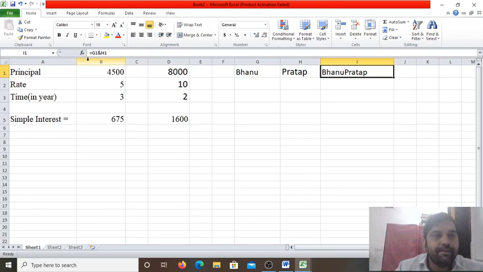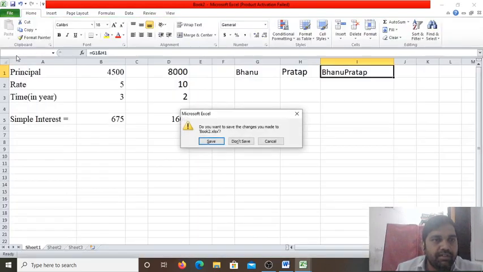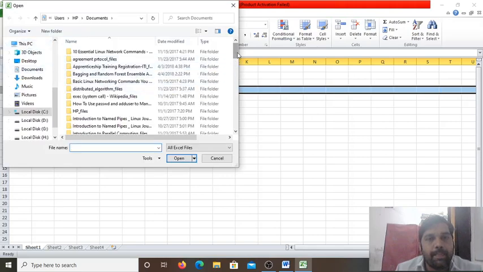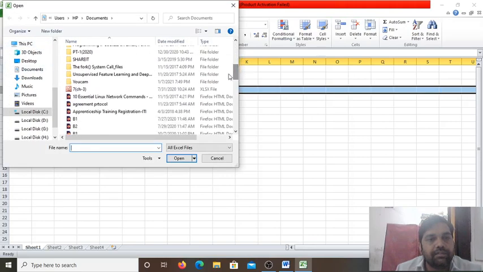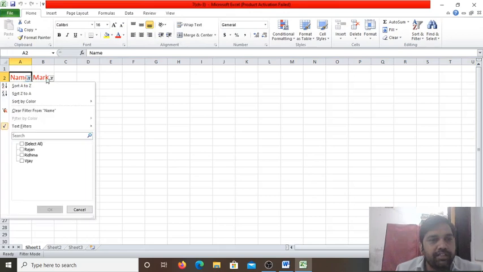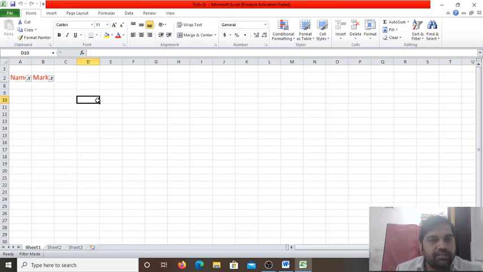Now let me open some other Excel file and I will show you how to select the range. So let me close this, no need to save. Some other file I will open, the file related to chapter 3. Here some filter is applied I think. No need, let me close this also.